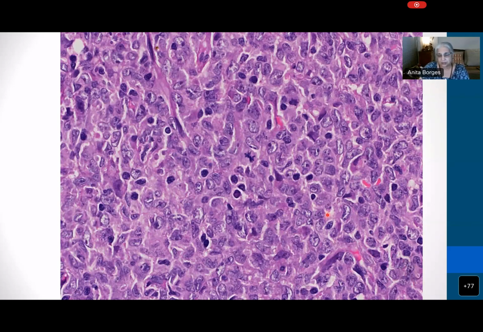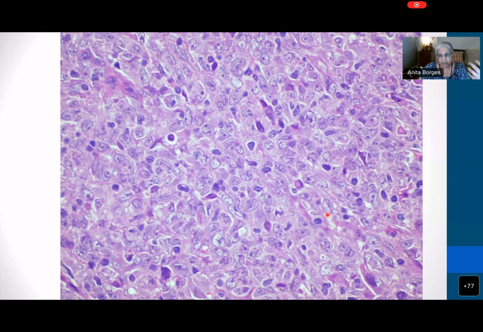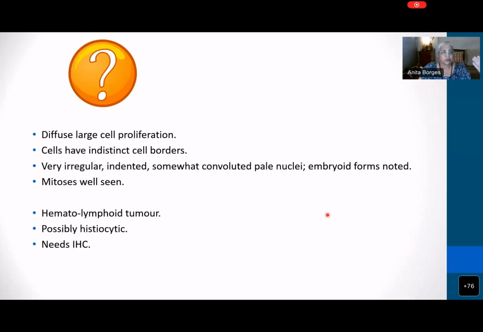Okay, see this at high power, and I think even a blind man can see how many mitoses there are in this lesion. Big vesicular nuclei, and notice the crinkly cytoplasm. I don't think you can miss that at all. So diffuse proliferation, indistinct cell borders, and all of that, which of course you have to consider a hematolymphoid